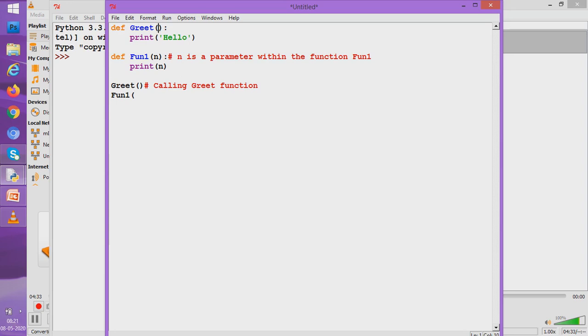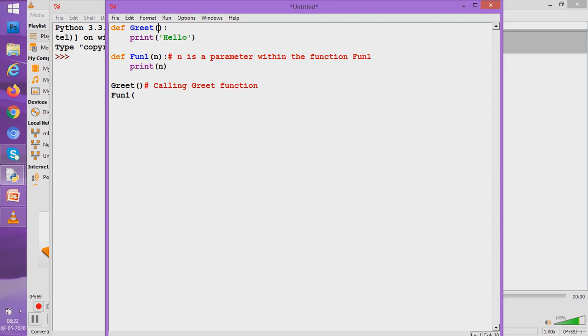You all know students the flow of execution. The function execution starts from here for us. The interpreter actually goes to the first line and helps itself to understand that yes, there is something called greet. Then it goes to def fun1 and it understands yes, there is something called fun1 with a parameter n.